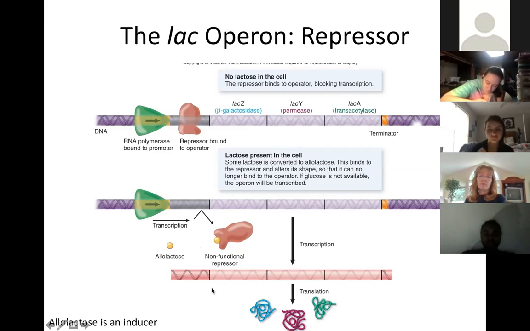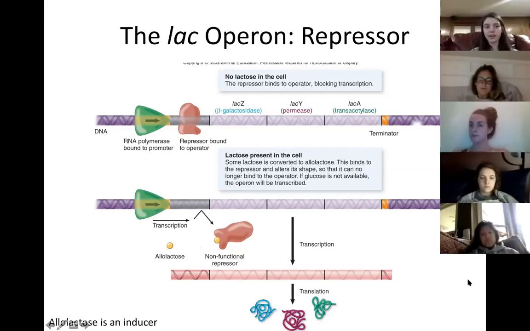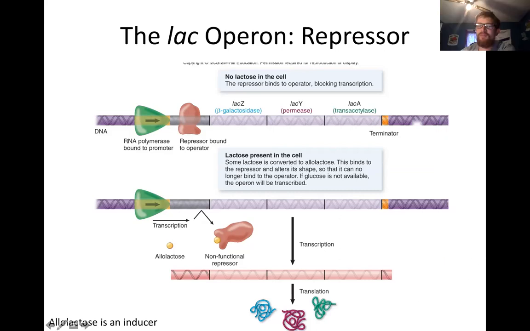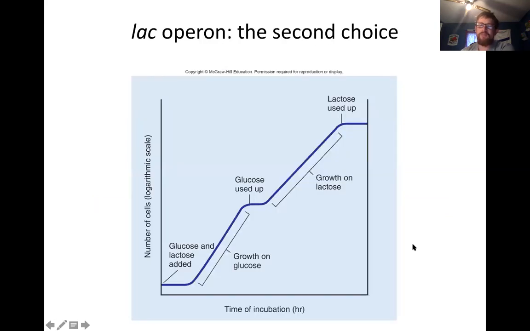Once the repressor is removed, RNA polymerase can do its job, and you now have your enzymes present that are going to let you utilize lactose as an energy source. All right? That makes sense? Yes? Okay. It's about to get a little more complex, I'm going to build off of this. So please, at some point during this, if you get a little lost or confused, let me know.